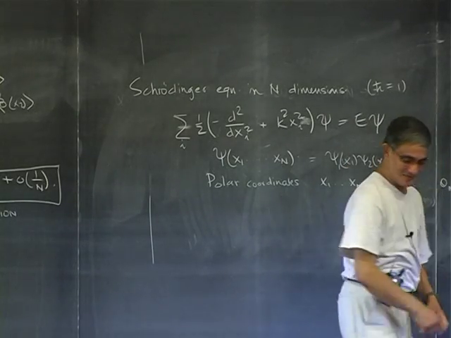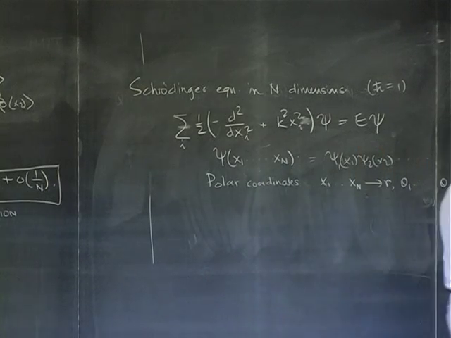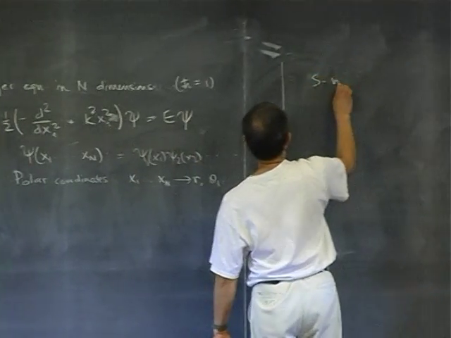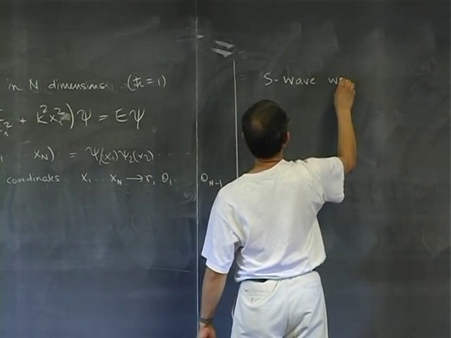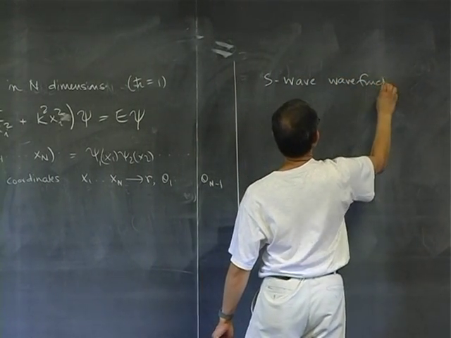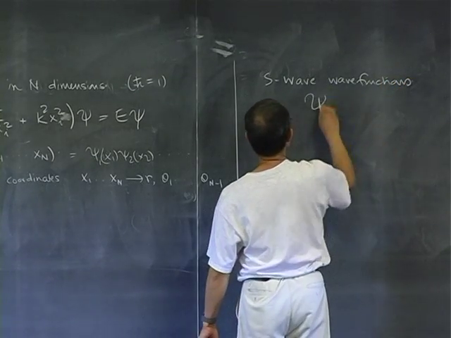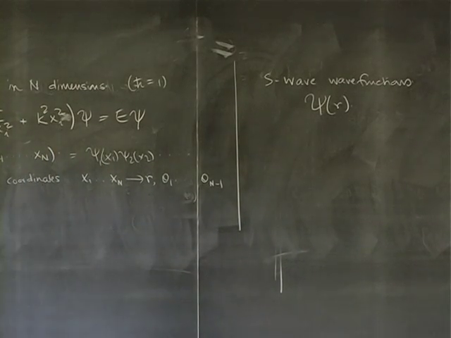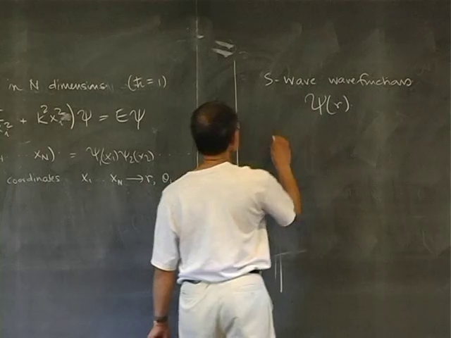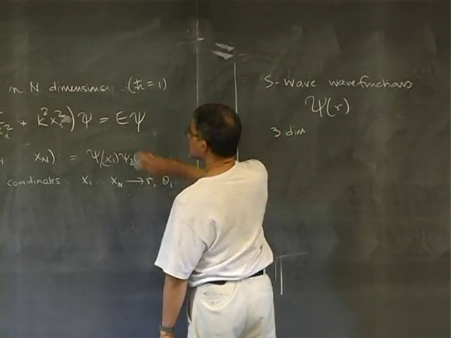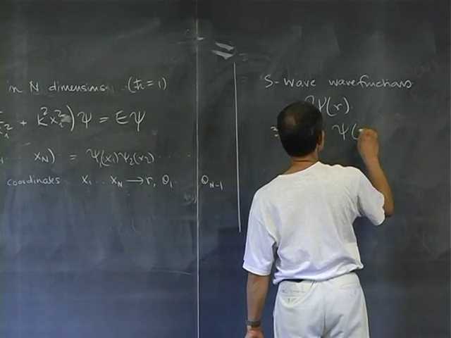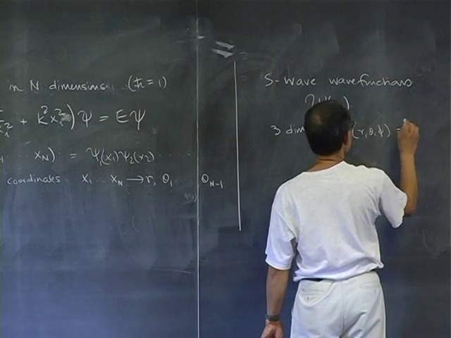But let's ask that I want to look at S wave functions. These are wave functions that are purely a function of r. They are not functions of theta 1 to theta n. Normally when you do 3 dimensions, what you write is psi of r, theta, phi as some